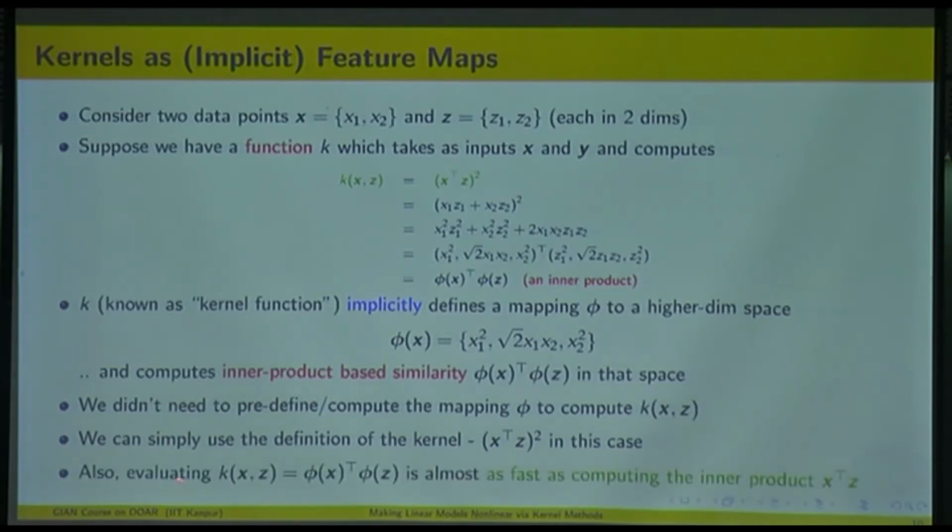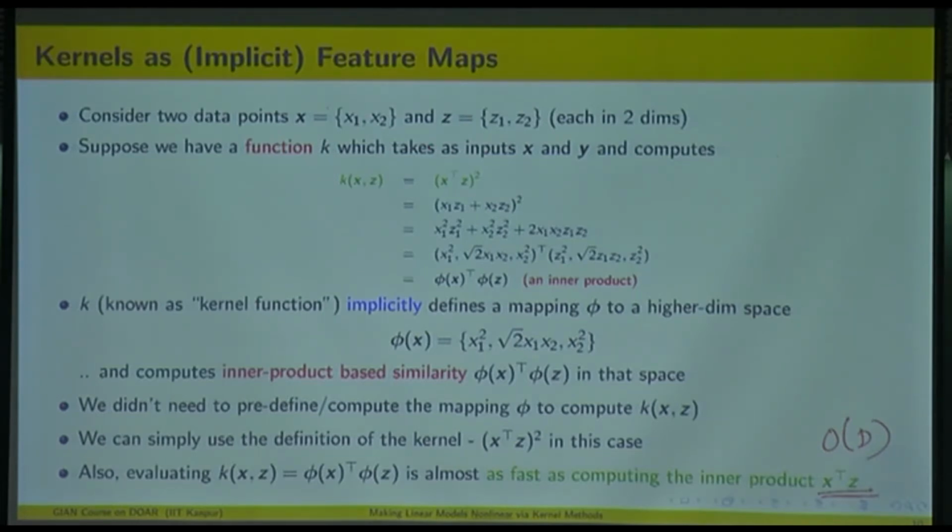Which is why I'm saying that evaluating this kernel function on any two data points is almost as cheap as computing the inner product of those data points in the original space. Okay, and if you are wondering what the cost of computing x transpose z is, it's just order of d if we have d many features in the data, right? So computing k is not expensive in general for this simple example, as well as some of the other examples